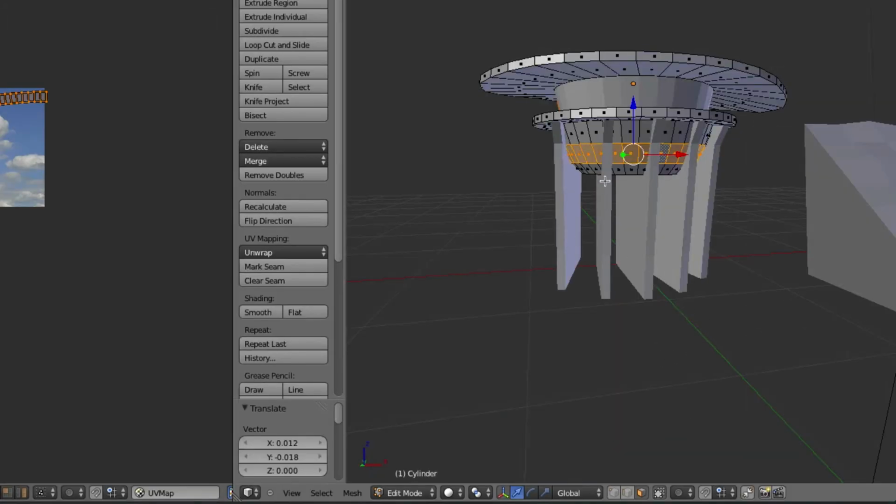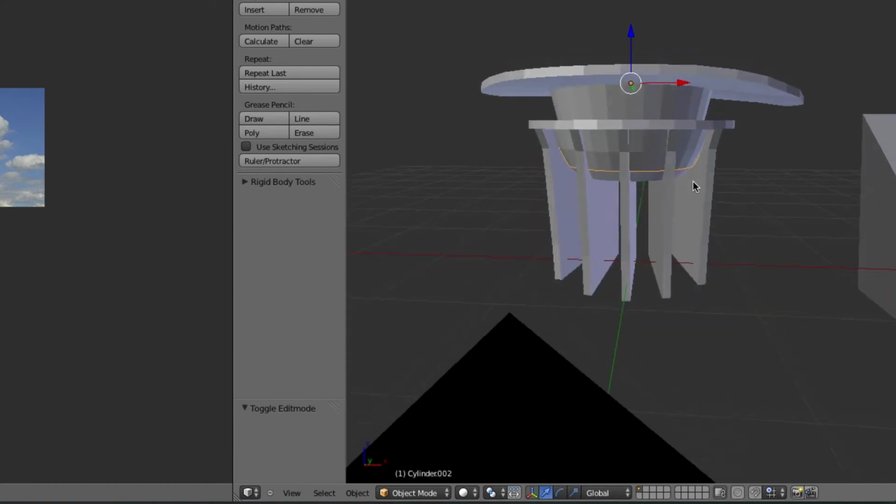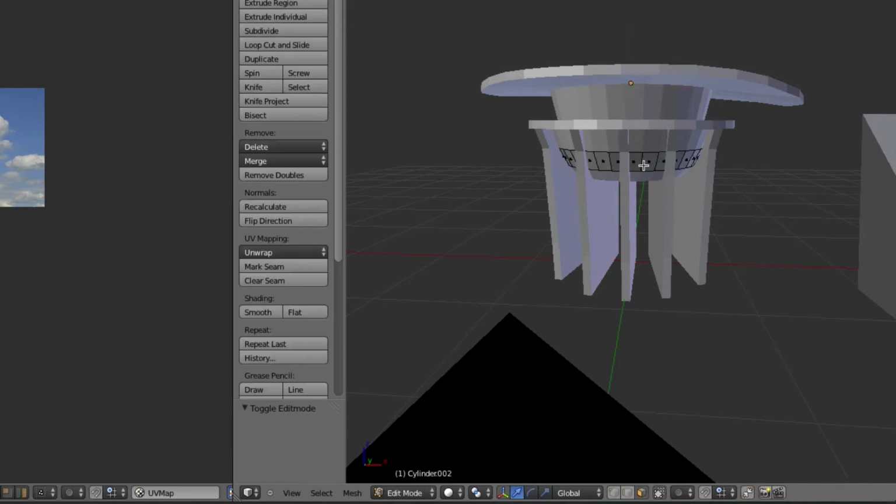Alright, so now we're gonna have to hit P to separate that, which you could have separated it before. You did the UV mapping, but you know, it doesn't really matter. We're gonna click on that in object mode, so tab to switch between object and edit. So tab, we'll click on this little small portion here. We will go into edit mode. We'll select A for all of that. And since we actually already have the